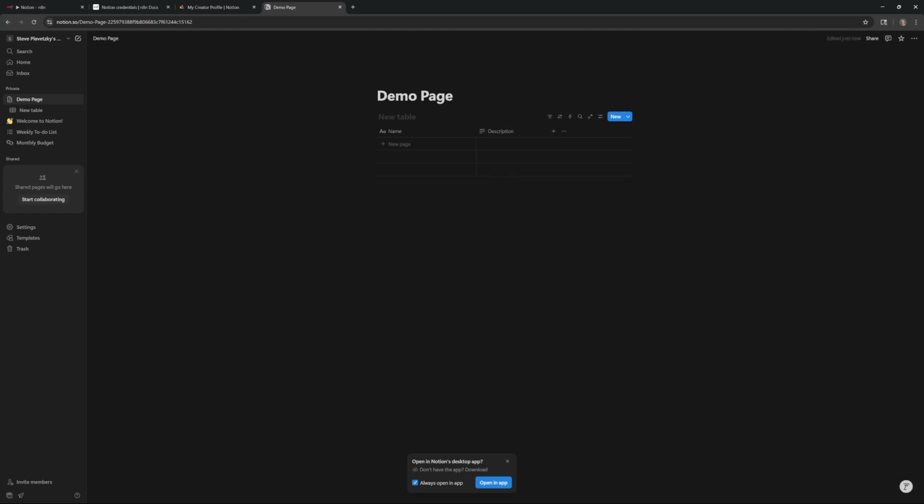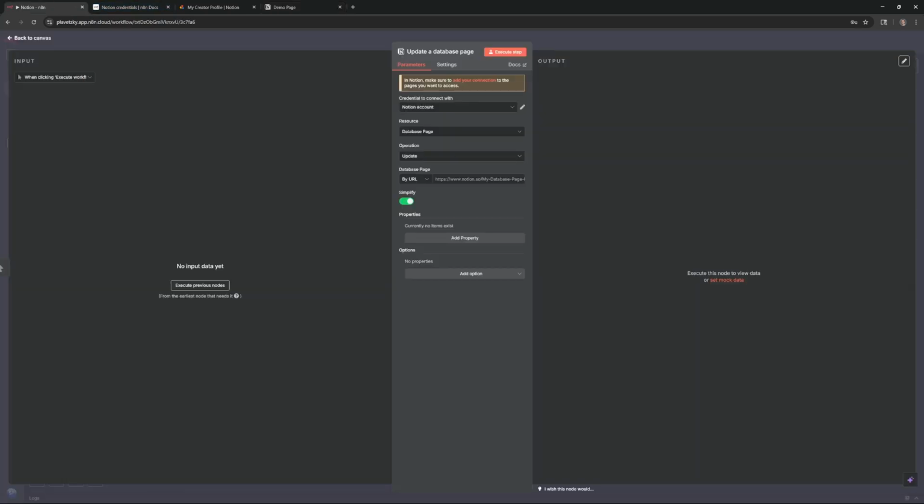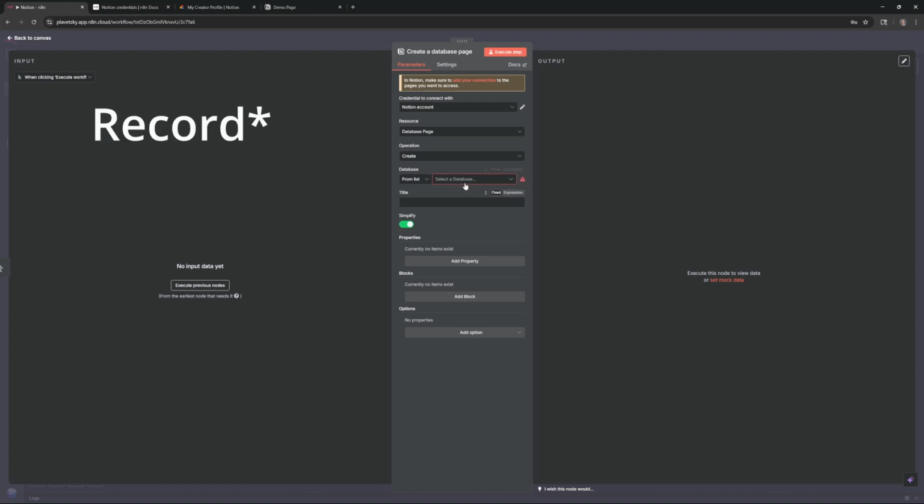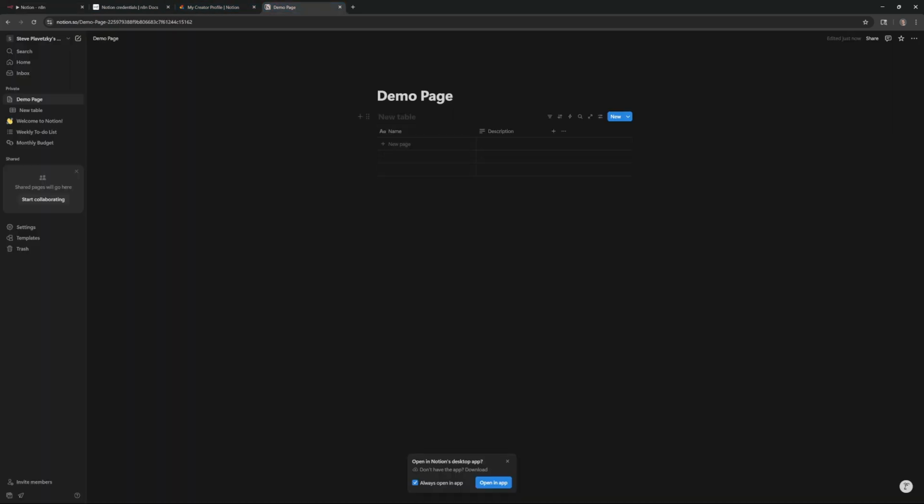So one thing to know, I'm doing this on purpose, but right now, this new table does not have a name. It is very important to give it a name because you will not get it to work correctly in N8N. So I just want to show you this and show you what happens. So if you're running into it, that might be why. So now if we go back to N8N, and if we choose database page, update, we actually want to choose create. This will create a new field in that database. So select this and see how it comes up with these numbers. It doesn't really help us much because that is what happens whenever you leave this blank.